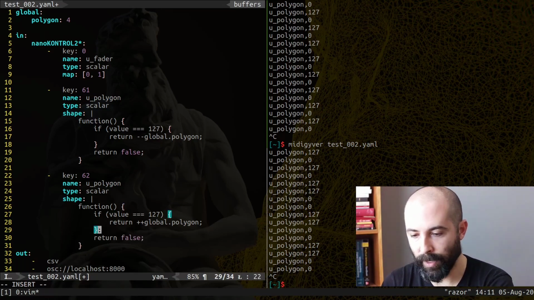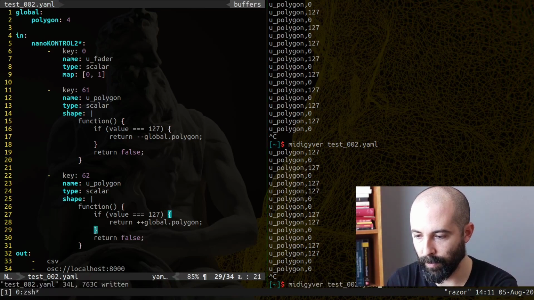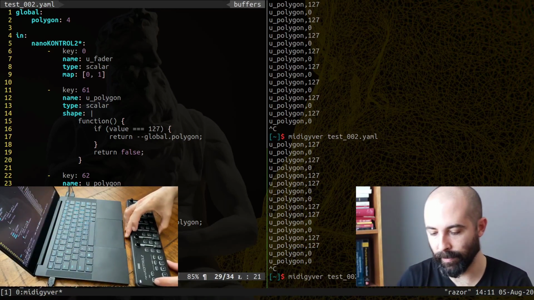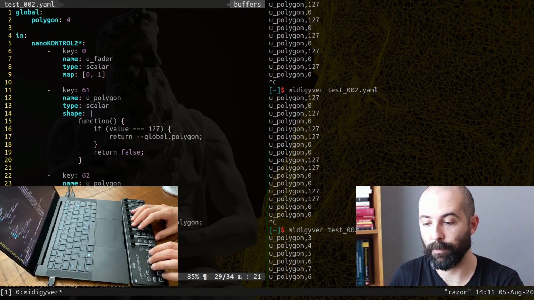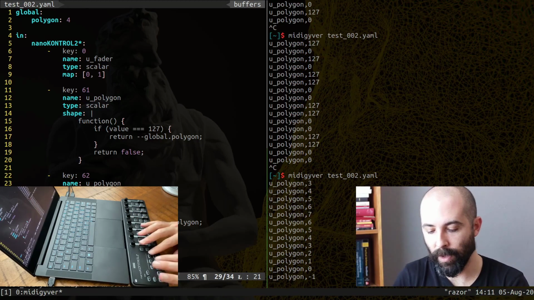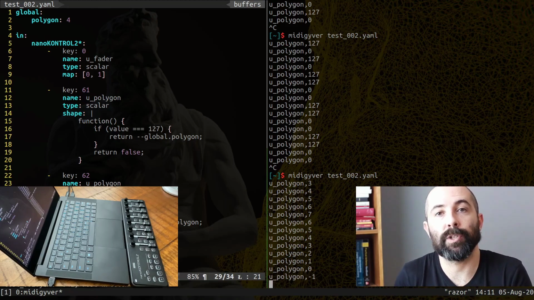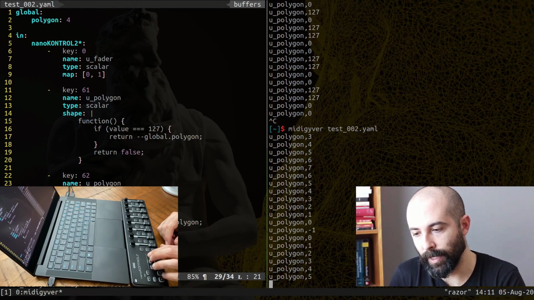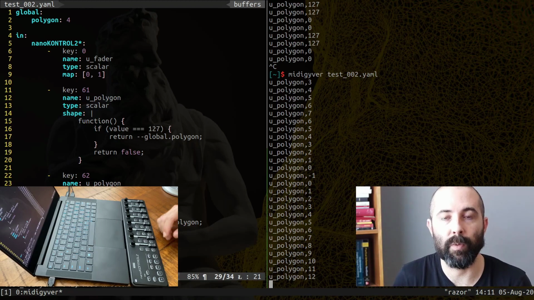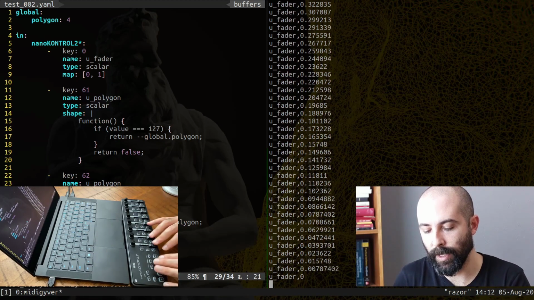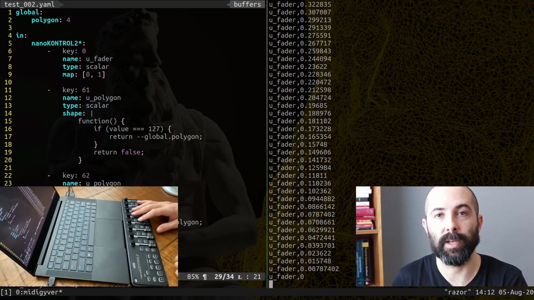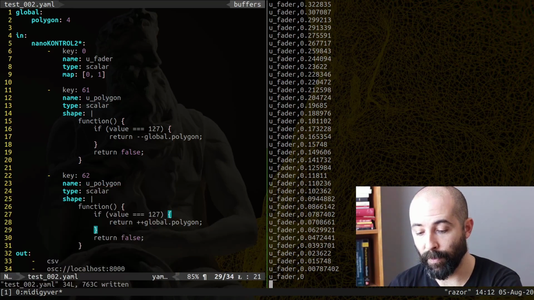So let's try this. This should work. So here we're going to run it. It compiles. Everything seems fine. And 3, 4, 5, 6. Perfect. So now you can see these two buttons have a little more functionality, and you can use it in a slightly more interesting way. That's just a fader. So you can imagine that using this logic, you can do pretty interesting combinations between your keys. But before leaving,